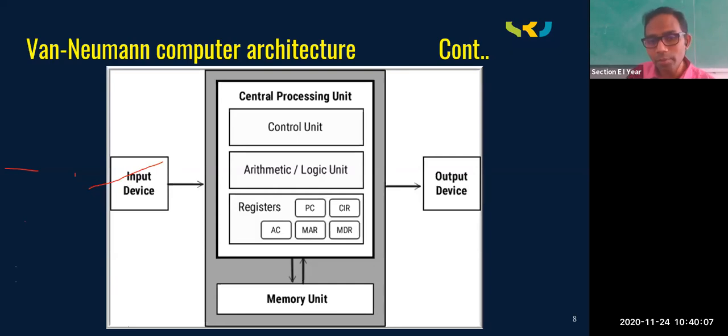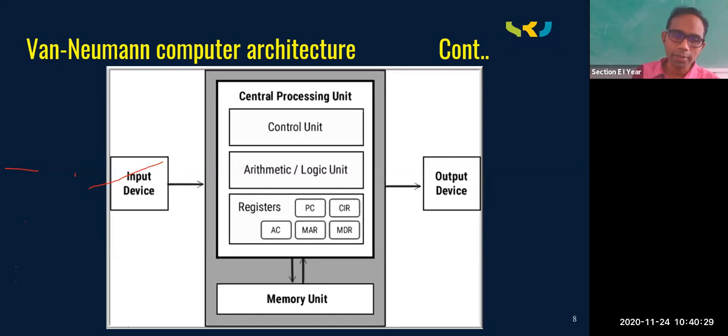And after performing some operation, if it gives output from the machine, then it is called an output device. Now, one best example of an output device is the monitor. The screen on which the video is being displayed is also called an output device. Maybe a speaker which is going to give you sound, that is also an output device.